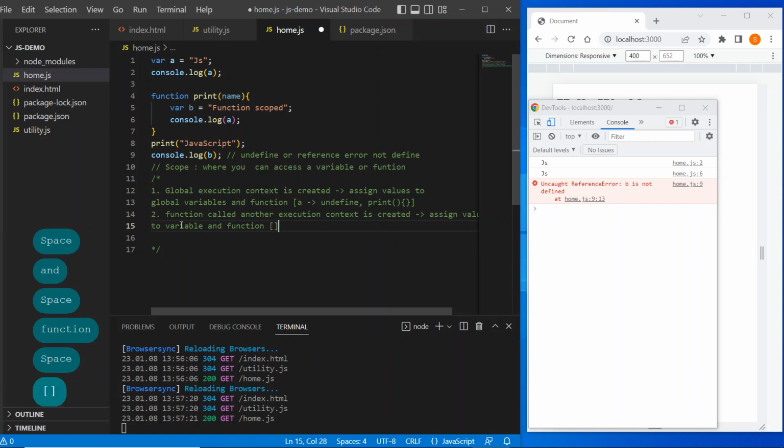In this case, there is a variable, so when this function print is called, b will be created in memory and assigned undefined. So this is the second stage.